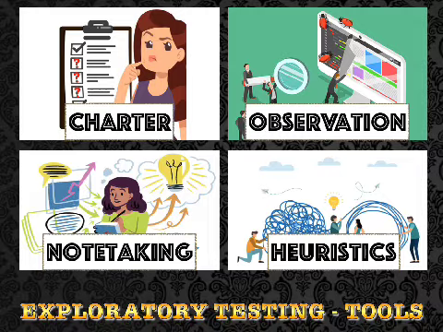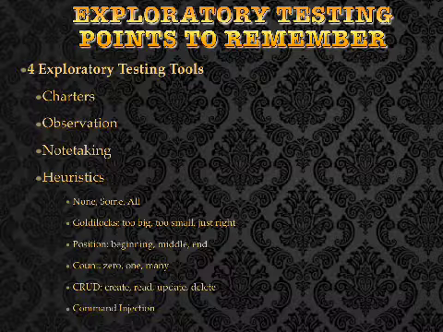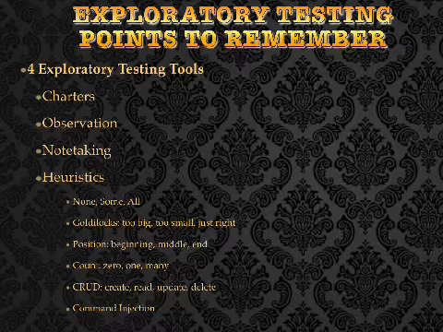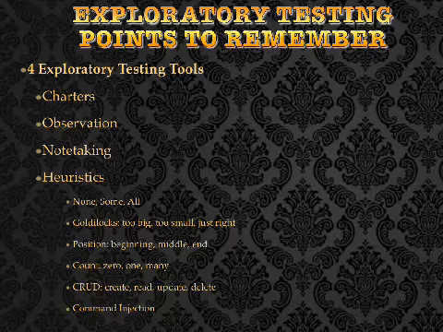Heuristics play a major role in exploratory testing. We have seen some of the heuristic principles used for exploratory testing, such as none, some, all; the Goldilocks principle of too big, too small, and just right; positioning based on the beginning, middle, and end; counting based on 0, 1, and many; the CRUD principle for operating with databases, which includes create, read, update, and delete operations; and the command injection principle, where you try to separate your executing code from the command given by the user on your UI.